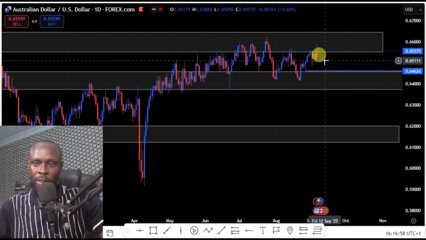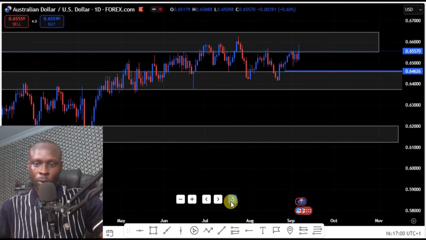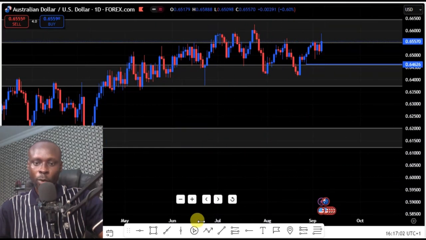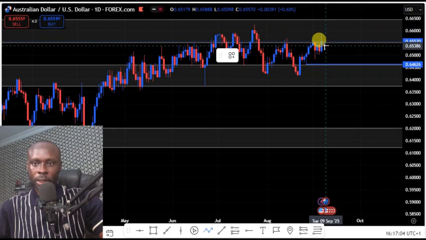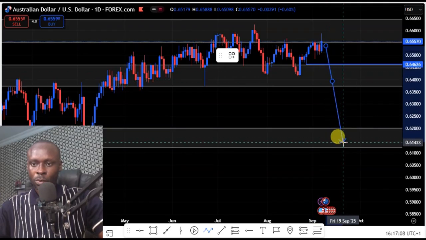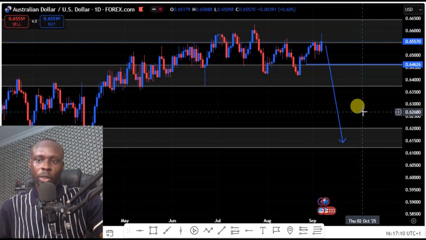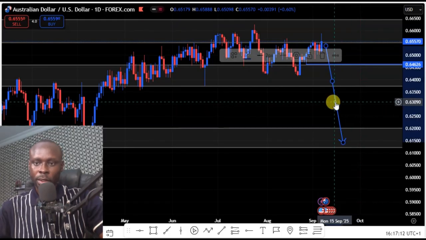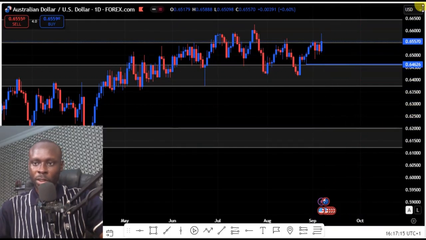So this week our scenario still remains on the downtrend on the AUDUSD. So we're looking for a sell opportunity on AUDUSD this week, with our first target on this weekly support, and our next target on this weekly support. So look for a selling opportunity on AUDUSD this week. So let's look at our next pair, which is the